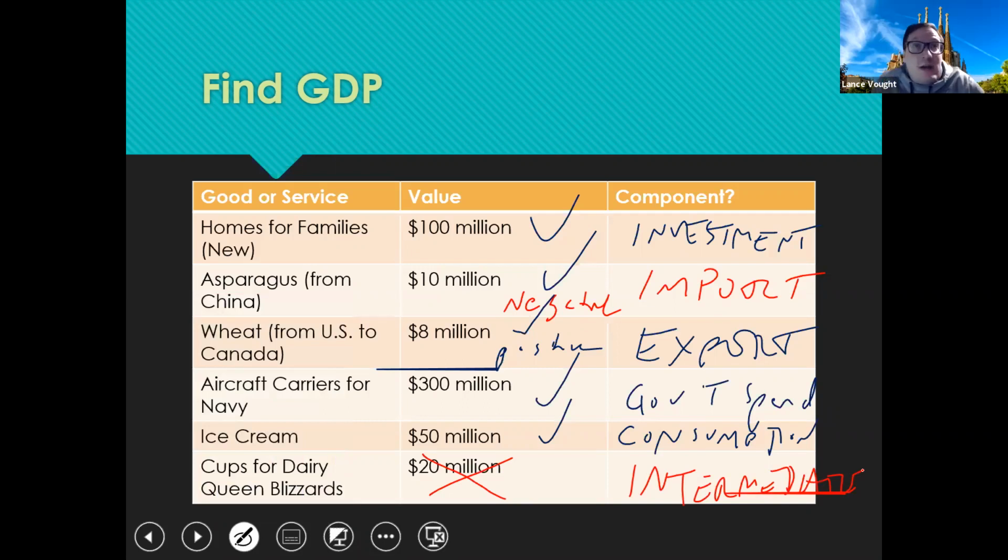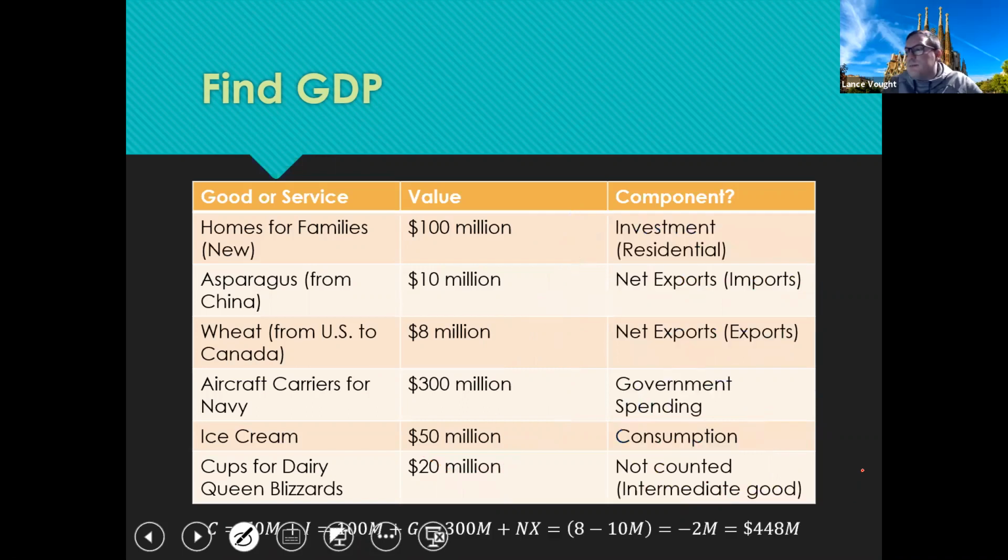So if we want to figure out what the final contributions component by component and the sum of the GDP based on this example is, you're going to add the investment, add exports, add government spending, add consumption, subtract imports, and ignore the intermediate goods. And when you do that, you end up with a value of $448 million. So you get 100 minus 10 plus 8 plus 300 plus 50. Sorry, not 500, 50